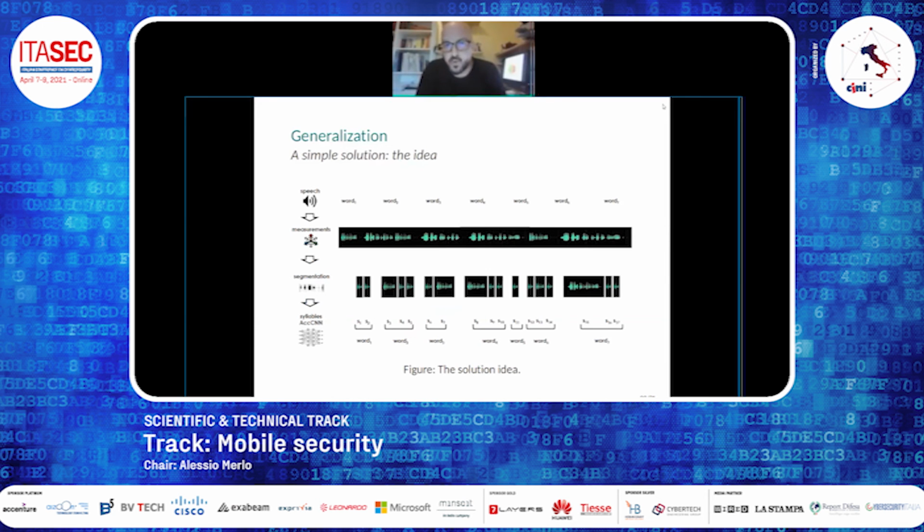The idea is the following: given a sequence of speech words and the corresponding accelerometer measurements, we first adopt some segmentation technique to identify the sequences of syllables corresponding to actual words. And then we use an extended speech unit recognizer, able to recognize the syllables. Each syllable obtained in the segmentation step is given as input to this recognizer, and finally we are able to reconstruct the original words.